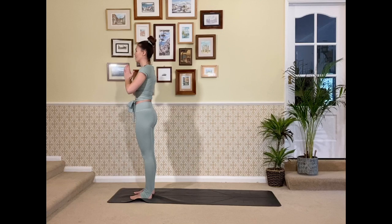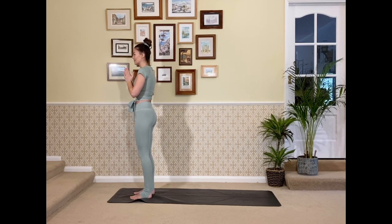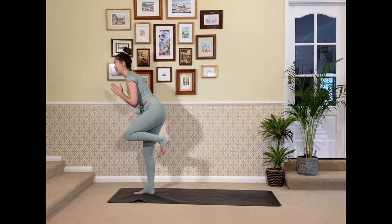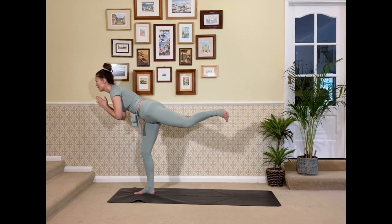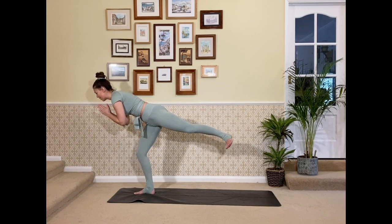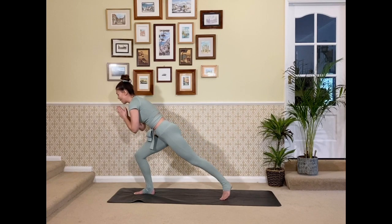Inhale, hands come to heart center in prayer. Slowly transfer the weight to your right foot and peel the left knee up towards the ceiling. From here, we're testing our balance, so find a focal point in front of you, preferably one that doesn't move. And as we exhale, we're slowly sending that left foot towards the back of the mat, coming into a warrior three position. Slowly, if you can, bending into that front right knee and lowering that back foot all the way